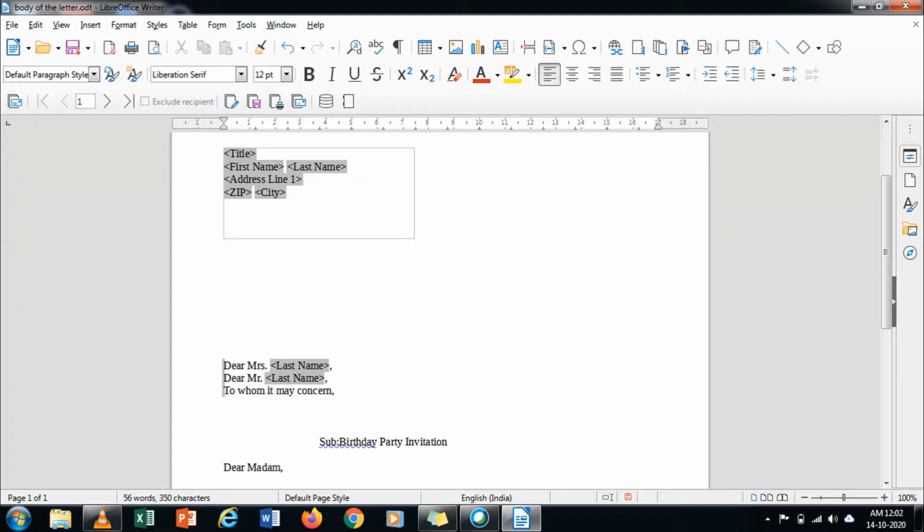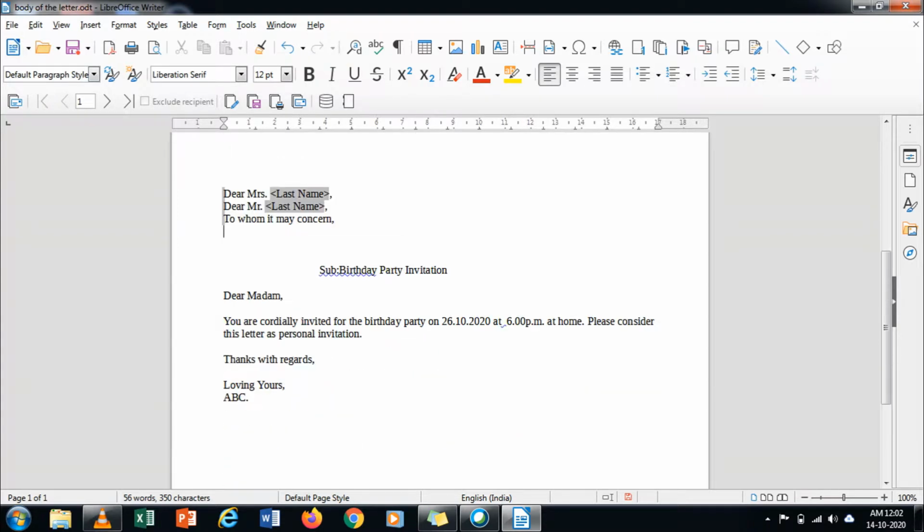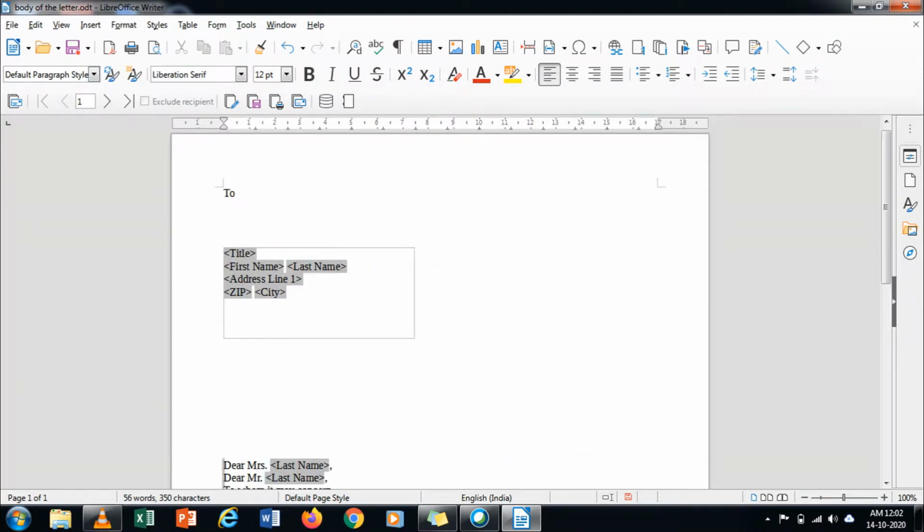Now you have to click on Edit Individual Documents.